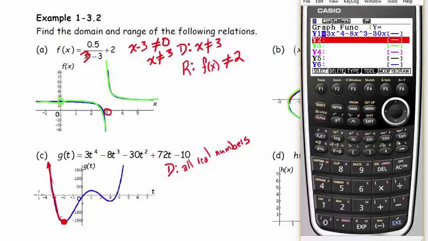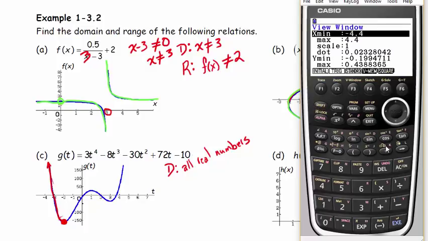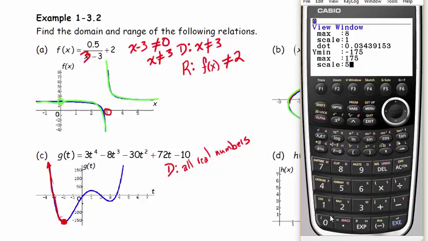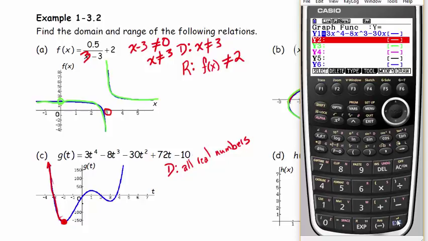And I'm already given a window that works pretty well here, so I'm going to go from my viewing window. I'm just going to follow what we have in our lecture notes here. So I'm going to go from -5 to 8, counting by 1. And then let's go a y-min of -175 to 175, counting by 50. Alright, assuming I entered that correctly, we should get something similar to what we have in